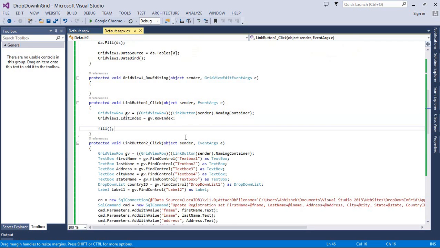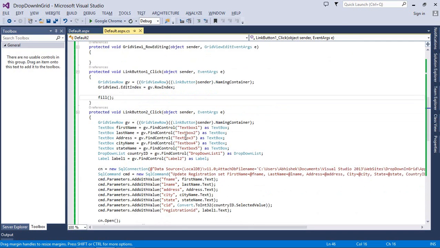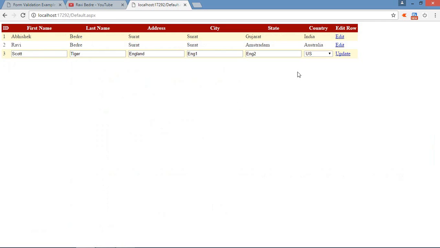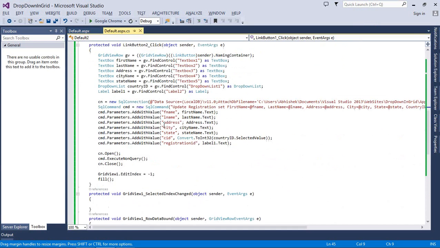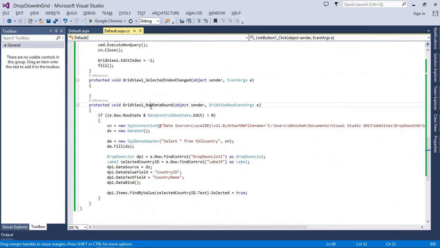Okay, now, the other thing is how we can load this data into the dropdown, because here I haven't written any code for the dropdown, right? For that we have to use RowDataBound. This is the event that fires whenever GridView tries to bind data to a row. So here, first of all, I have checked the row state, and the row state should be in edit